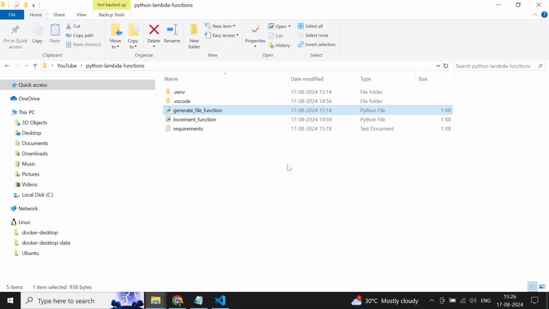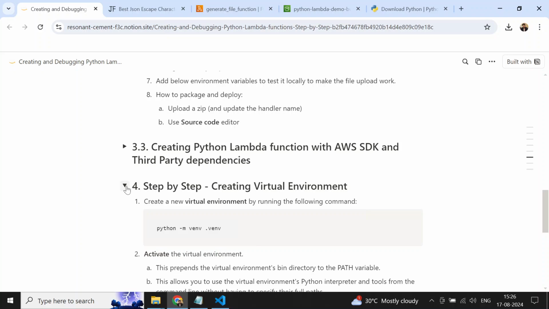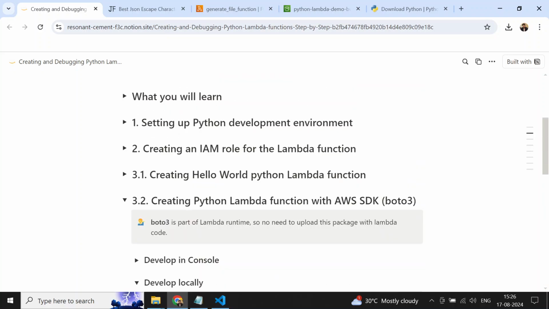So once you do that, everything would be good, because you don't have to upload the Boto3 package which is present here, because Boto3 is also part of the runtime. All right, so now we are done with the two types of Lambda function, and now we are heading towards